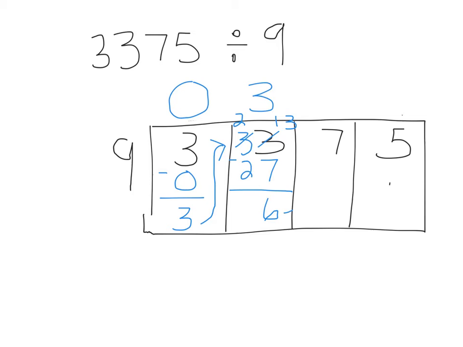Then I bring the 6 up over here. That makes 67. I know that 9 times 7 is 63. So I put a 7 here. I have 63. I subtract. I'm left with 4. I move the 4 up here,